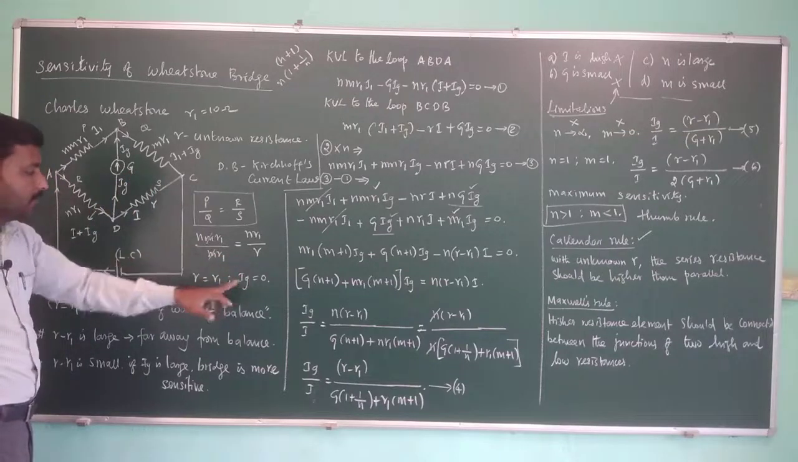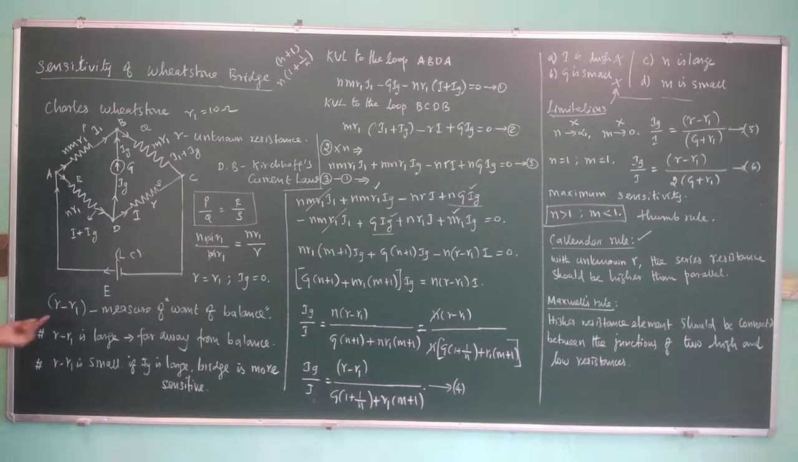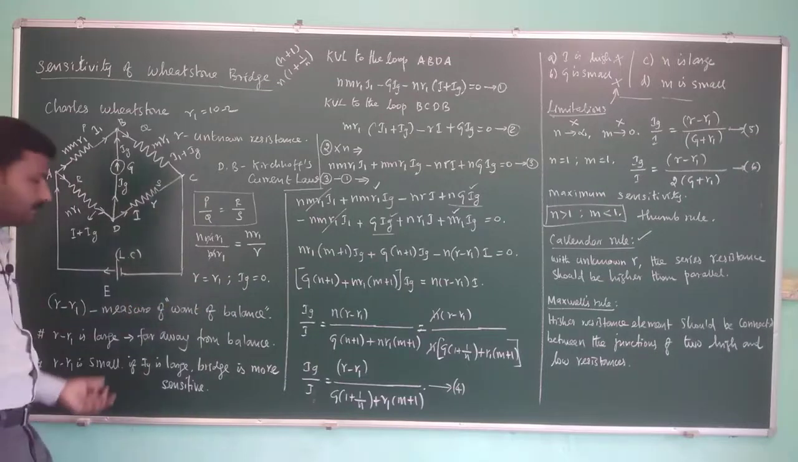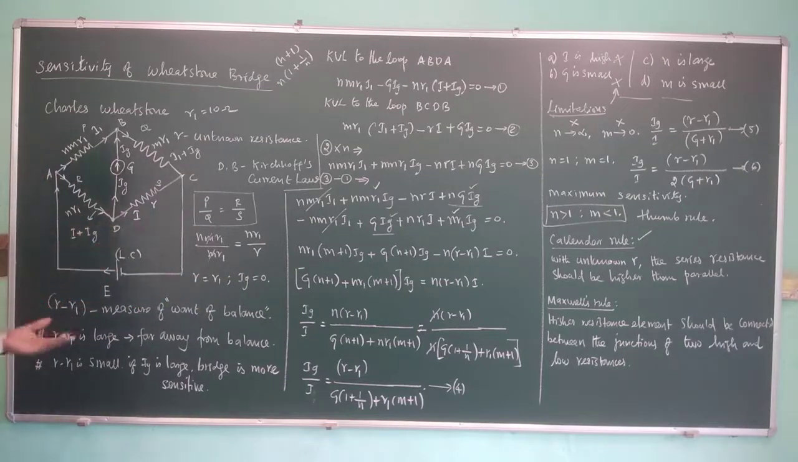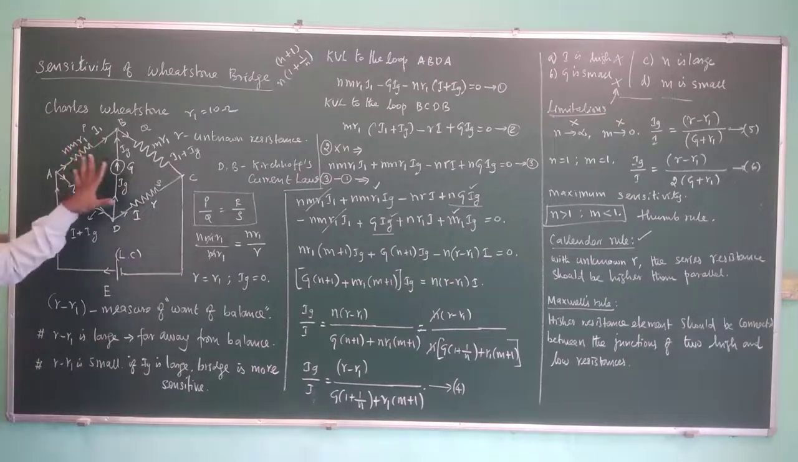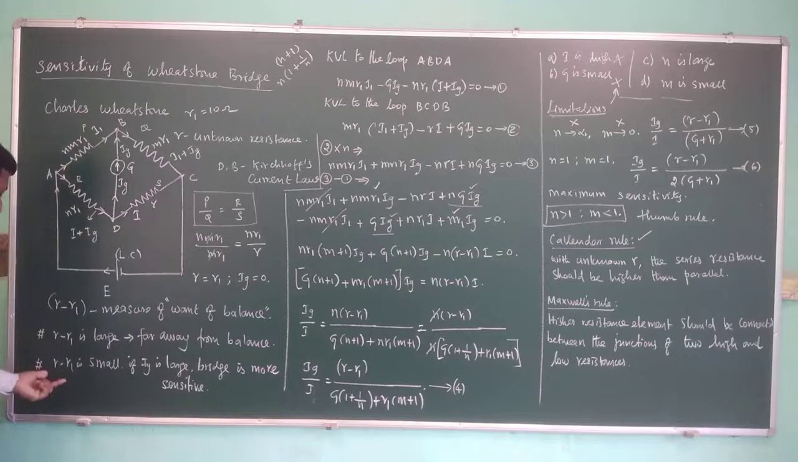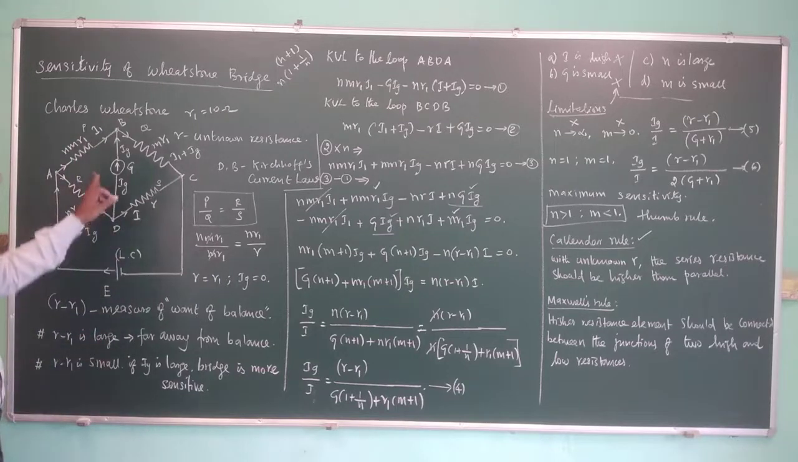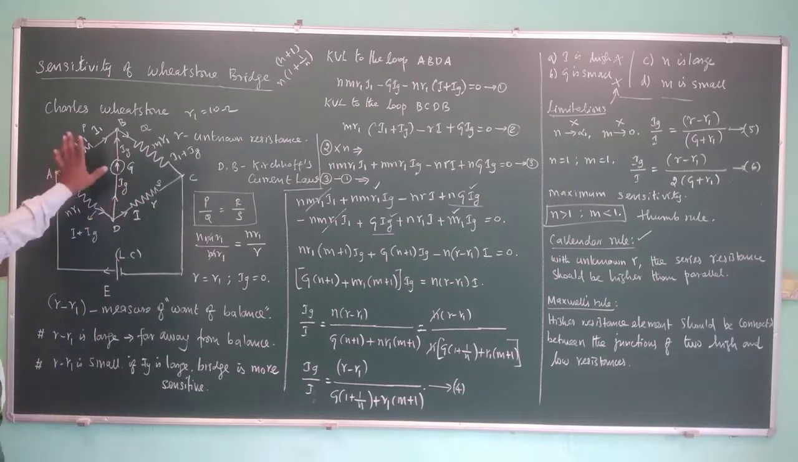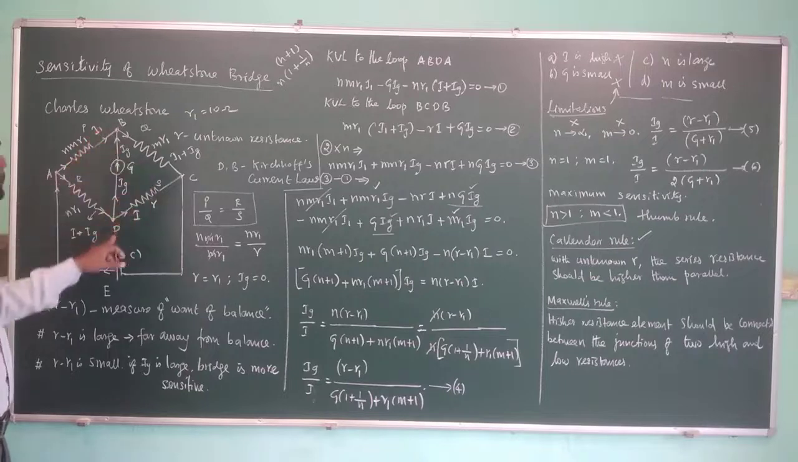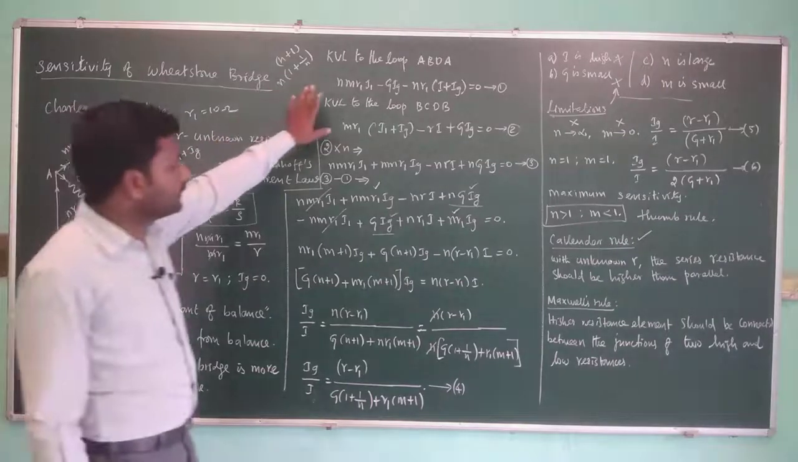You can apply here. So this is the case where the sensitivity is maximum. Then the difference tells us the want of balance, that is how much resistance should be added in order to get the balance of this circuit. So given R1, if R minus R1 is large, then the bridge is said to be far away from balance. Even though R minus R1 is small, if the Ig is large, then the bridge is more sensitive. With this, we have applied Kirchhoff's voltage law to the loops ABDA and BCDB, and we have done